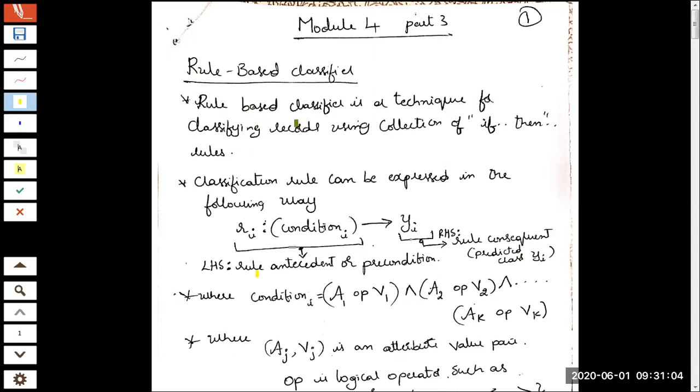It indicates what a rule-based classifier is. A rule-based classifier is a technique for classifying records using if-then-else rules. As I already told you, it is one of the techniques. Previously, we saw the decision tree technique for classifying records. This is one more technique for classifying records. But how are we doing the classification using rules, and what will be there in the rules? We will have a syntax similar to if-then-else.